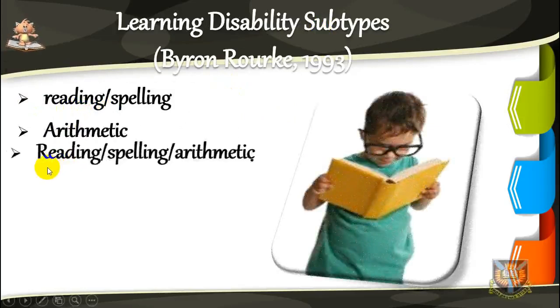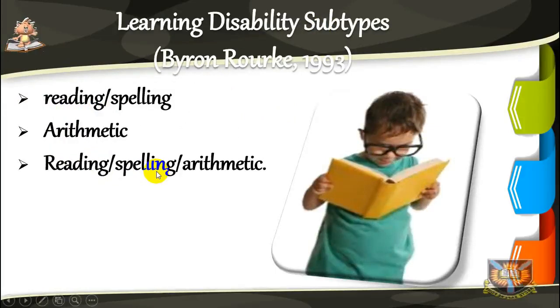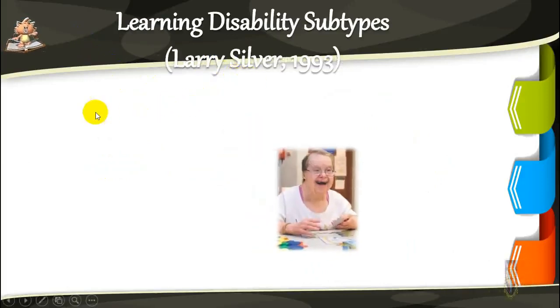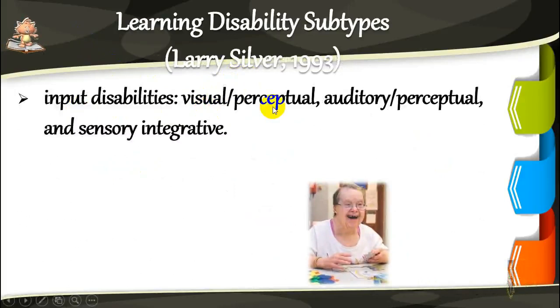And 3. Reading, spelling, arithmetic. Larry Silver, also writing in 1993, suggested a model that includes input disabilities, that is visual or perceptual, auditory or perceptual, and sensory integrative